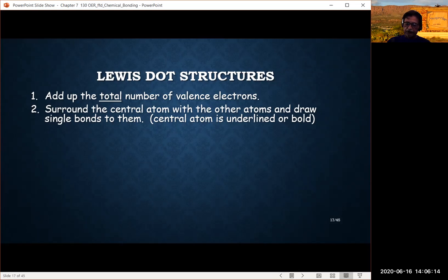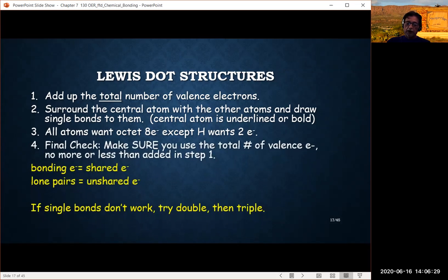The line represents a bond of 2 electrons, okay? And then, keeping in mind what I just said about the octet, we want to maintain the octet around all the elements except hydrogen, because it's a duet for hydrogen. And then we go back and we make sure that we still have the total number of valence electrons that we calculated,